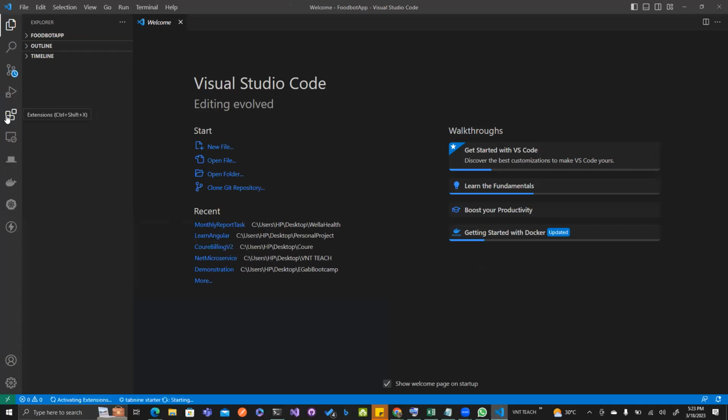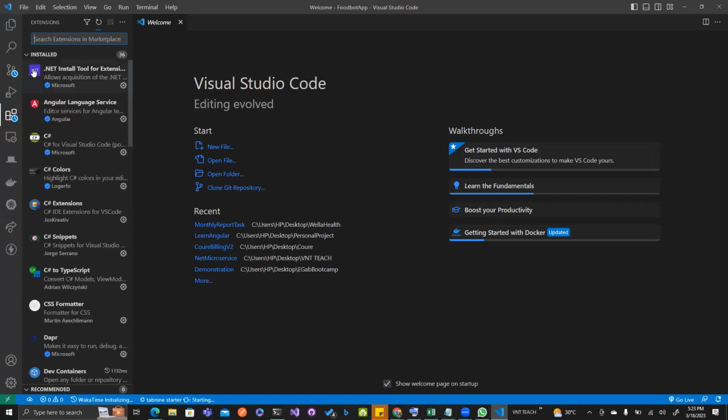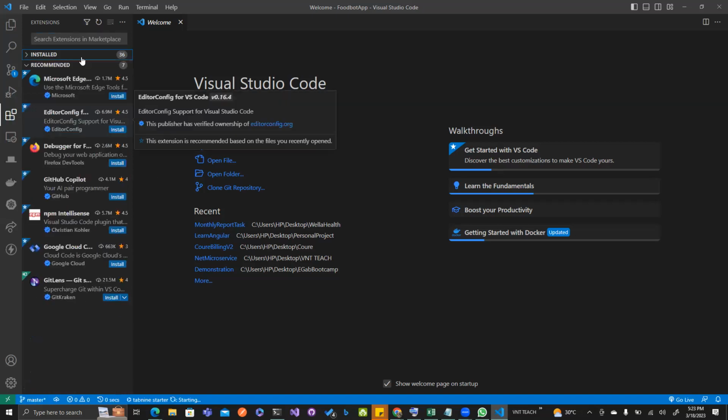To install some extensions, all you need to do is come to these items on the left, and the fifth item, it might not be the fifth for you, but for me it's the fifth item called extensions, or I could just do Control-Shift-X, right? Which is the shortcut, as you can see from the screen. So it just shows you the number of extensions that you can install on your PC, right?